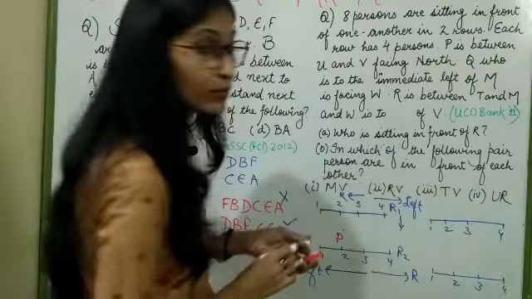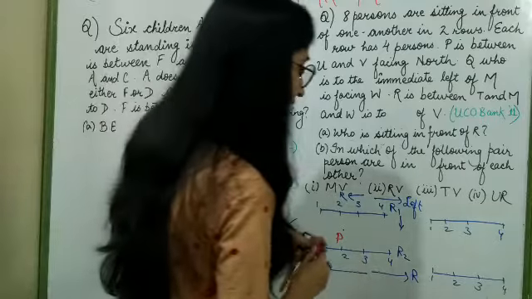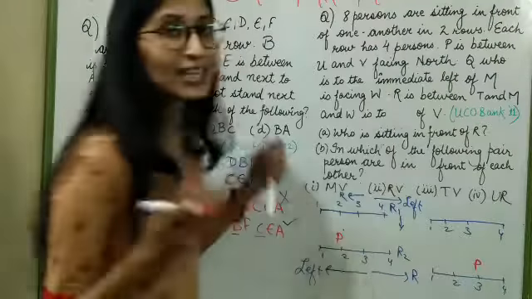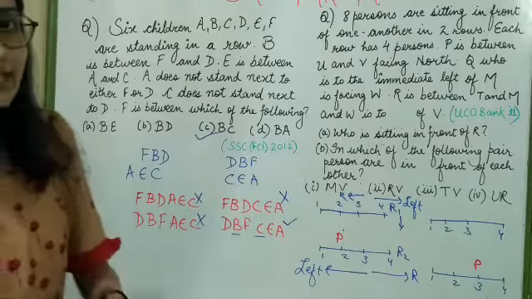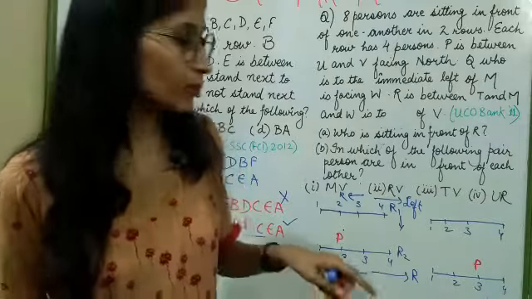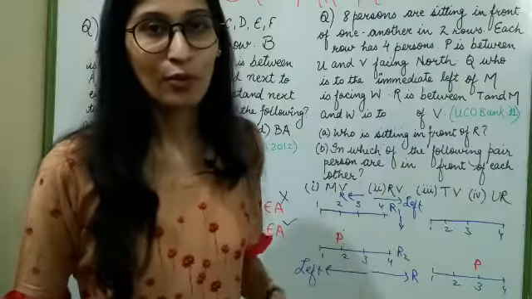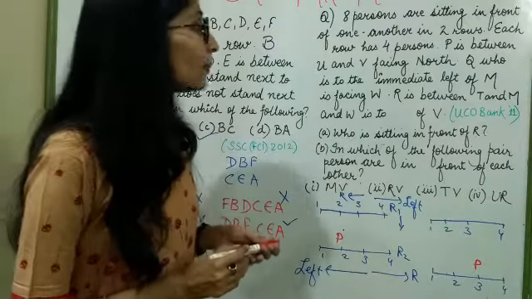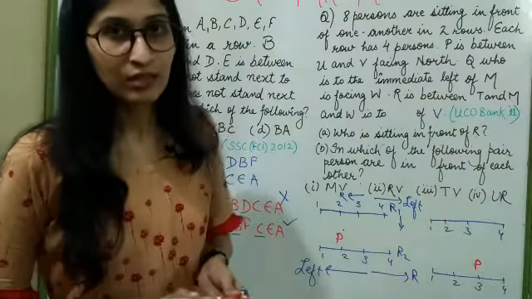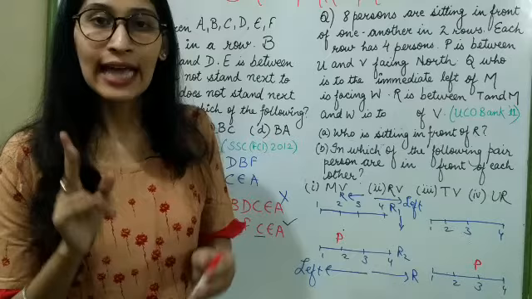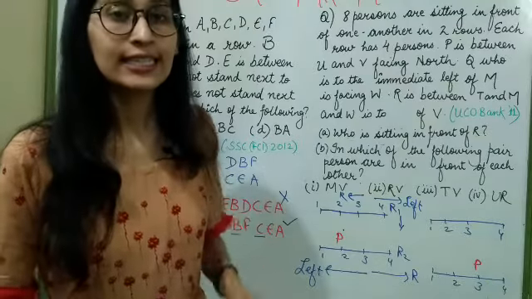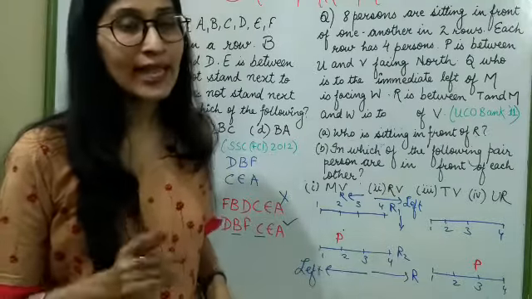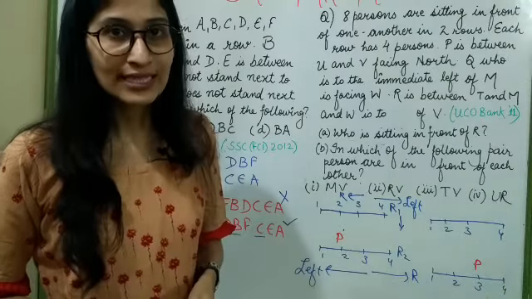If P is at position 3, then I can also place U and V at 2 and 4. But P can never be at position 1 and 4. Next line is Q, who is to the immediate left of M. So this is clear that M and Q are sitting in the same row. In row 2, I can place only one more person now.